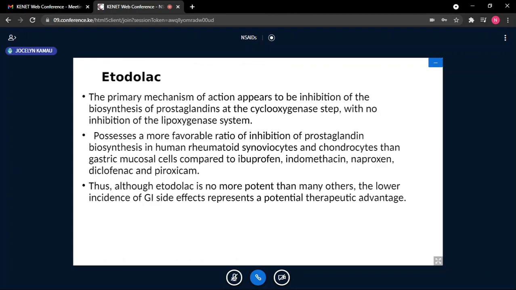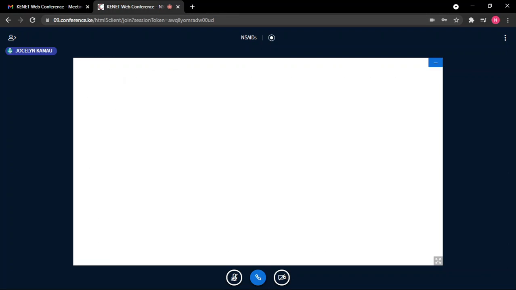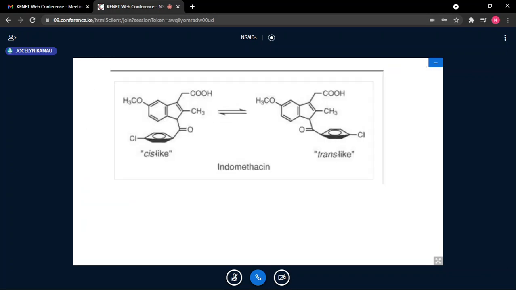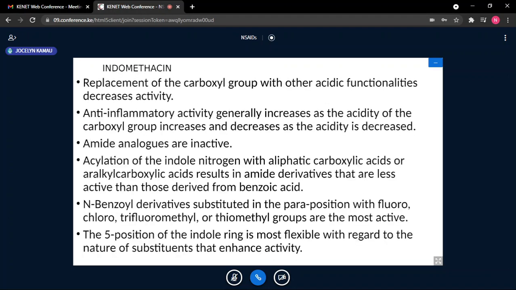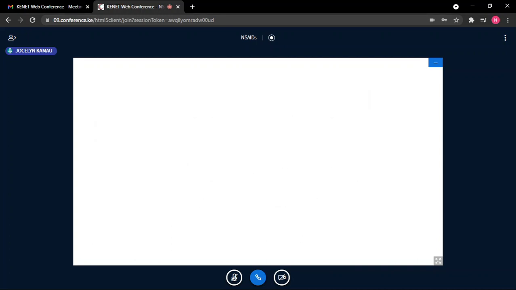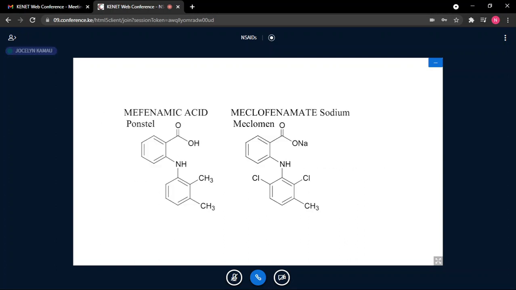All these are acetic acid. So the other ones will be the phenamates. I just want you to understand the differences in their structures so that even when you draw them, you are aware what the differences are. You have the phenamates. Here are the phenamates. You have meclofenamic acid. If you look at the phenamates, like mefenamic acid, meclofenamic acid,